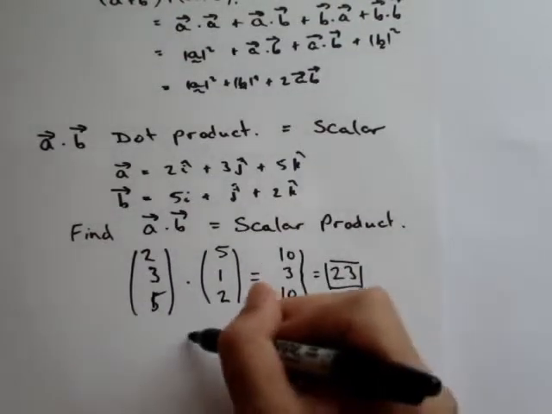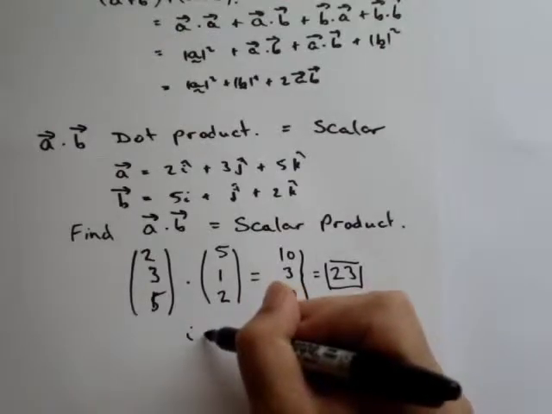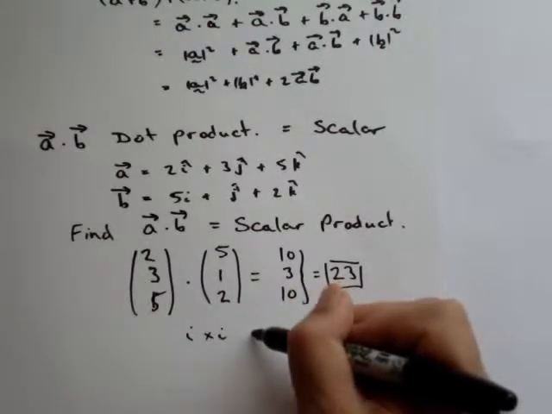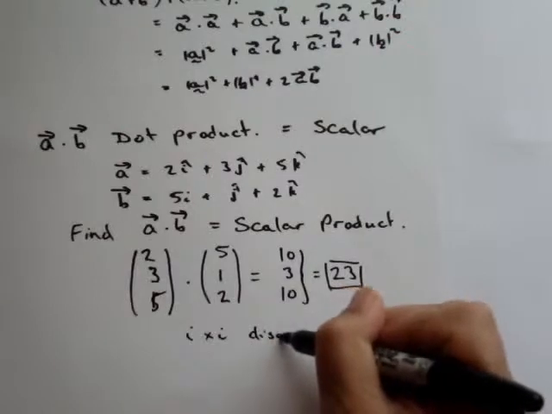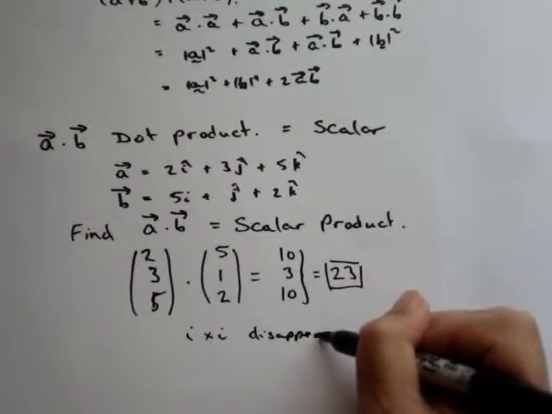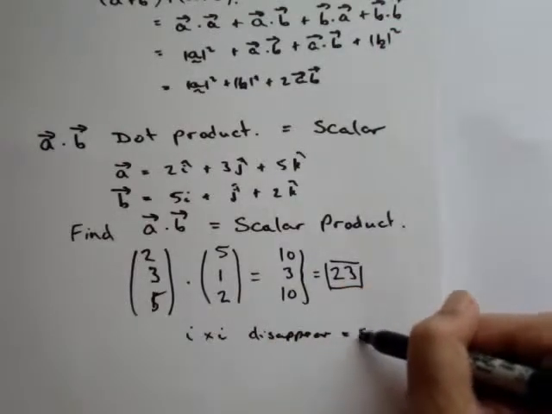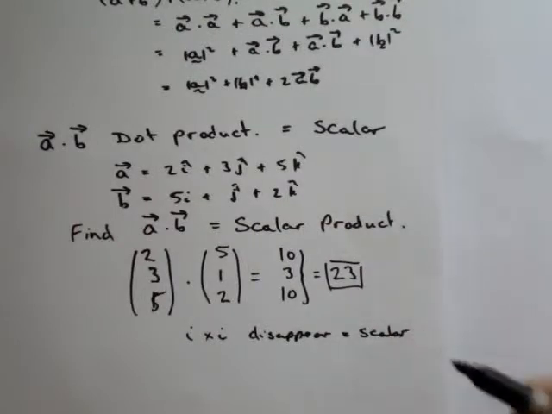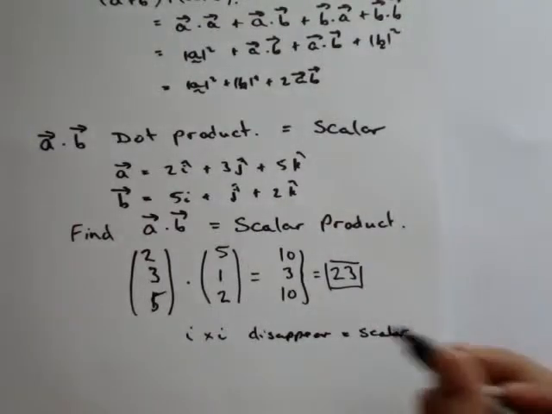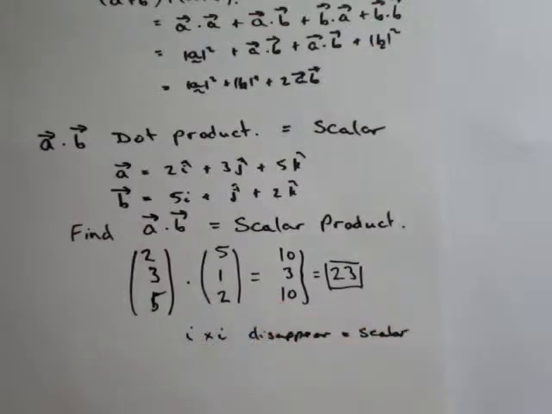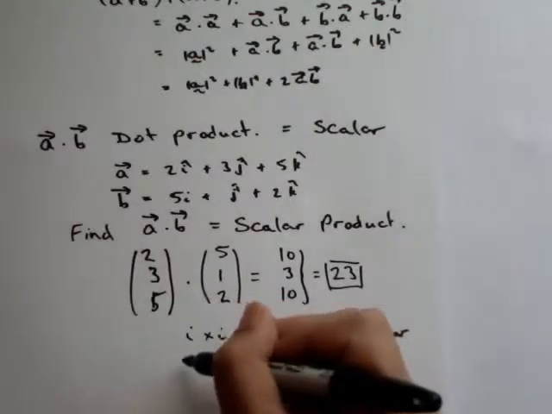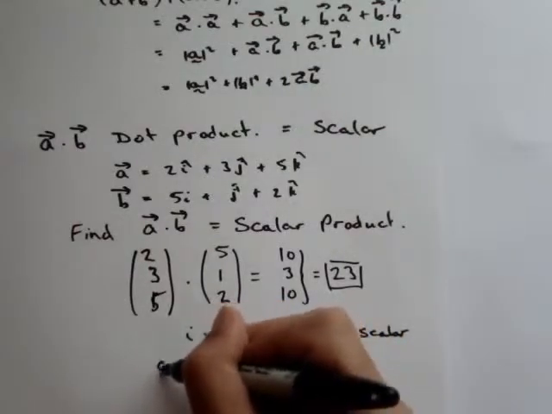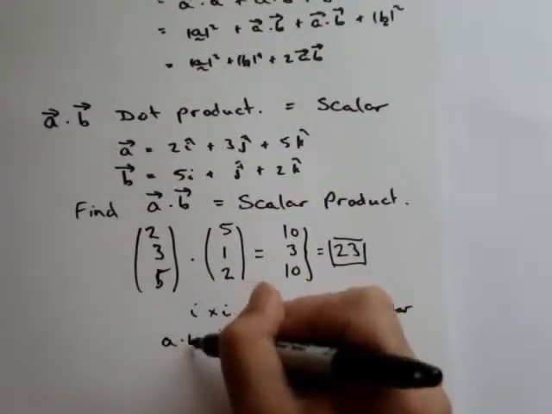The i's, when we multiply with an i, disappear, and this is why we're left with a scalar product. Basically what's happening is, when we multiply A dot B,